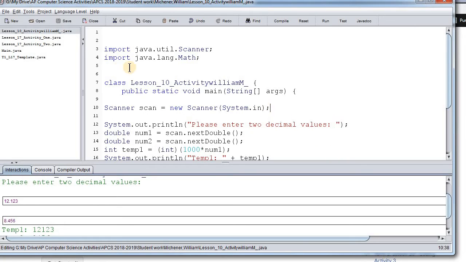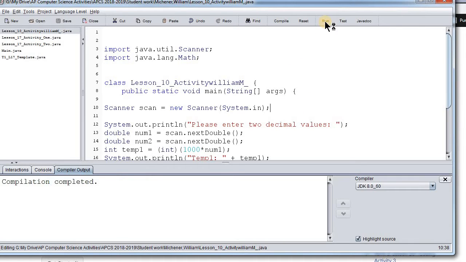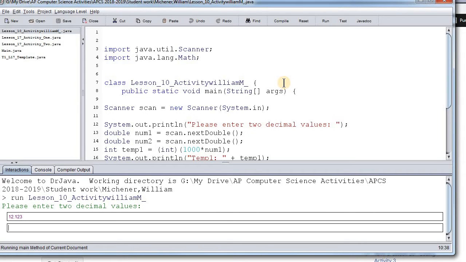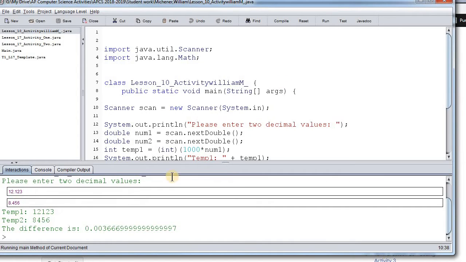So Will, this is your code as far as I can tell. I think I just copied and pasted it. Yeah. So I want to compile it and run it. Let's say I put in like a 12.123, and then I want to subtract from that 8.456. And what happens is